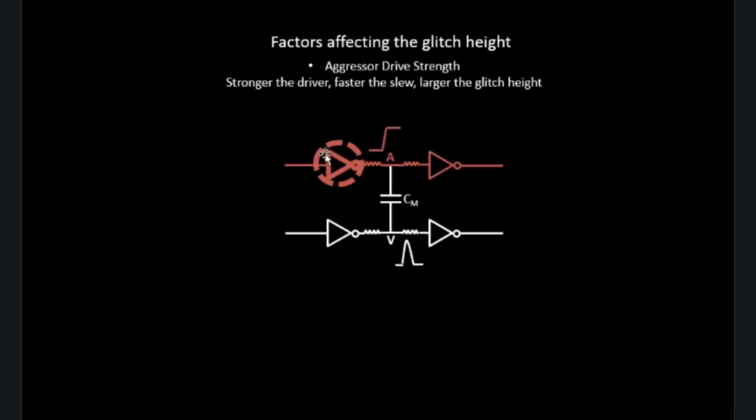Let's say we have this particular inverter which is very strong, or basically has a very low on resistance. Basically the door is big. That's what we are trying to mention by putting dark bold lines. So the door over here is very big, and as a result you see a sharp transition time. That part is concluded. Now since the door is so big, the amount of charge that it will deposit on the nearby victim through this coupling capacitance will again be very huge, because